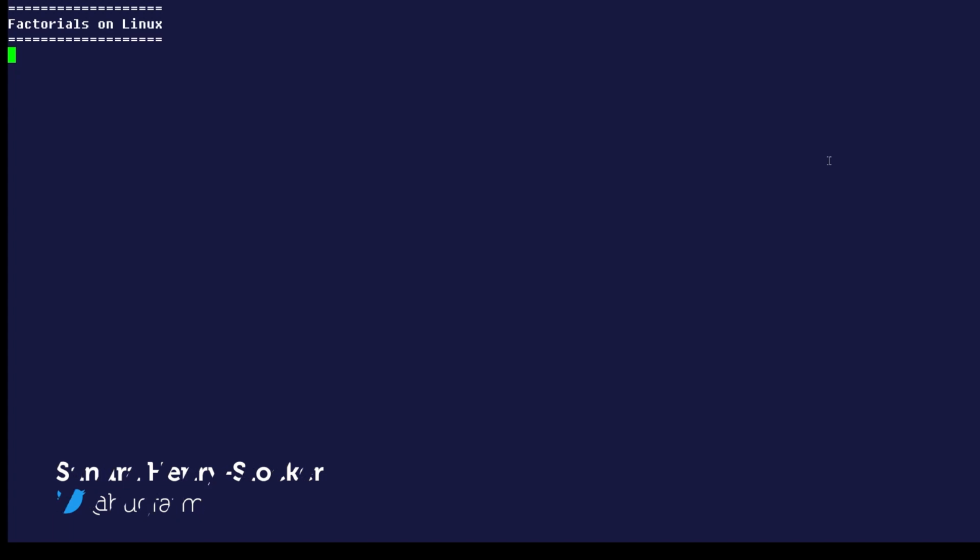In this Linux tip, we're going to look at a way that you can calculate factorials on the Linux command line. Remember that factorials expressed like 3 exclamation point represent the multiplication of series numbers like 3 times 2 times 1, so going down 1 each time. So the expression 3 exclamation point equals 3 times 2 times 1 and equals 6.